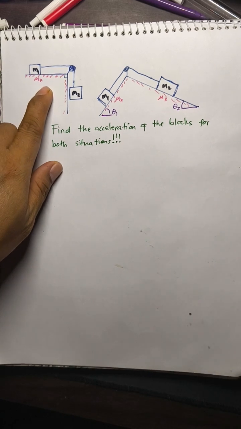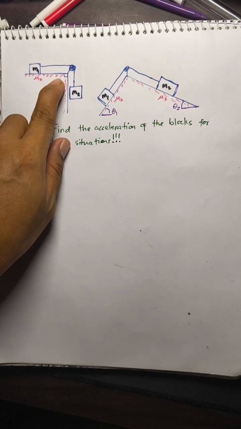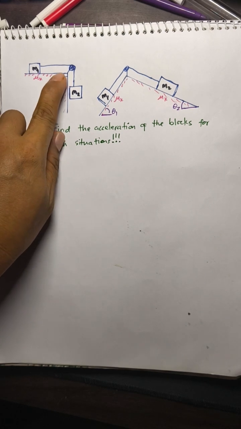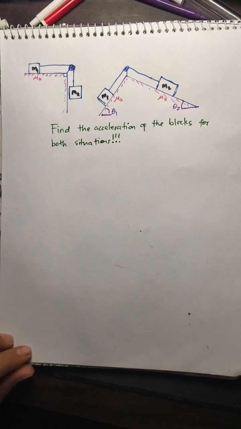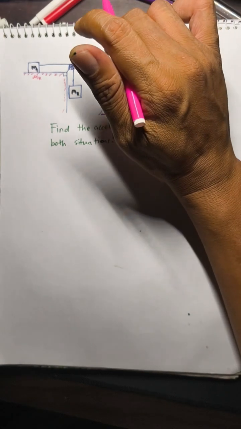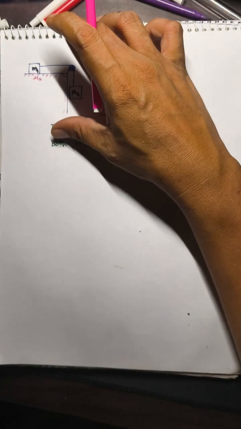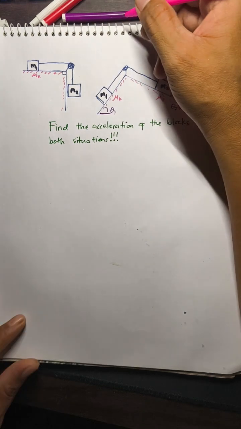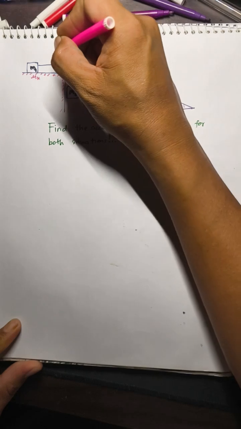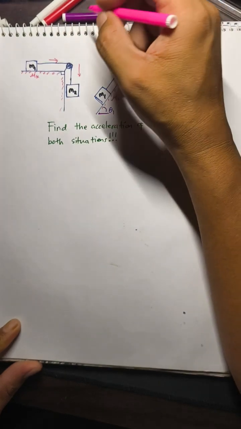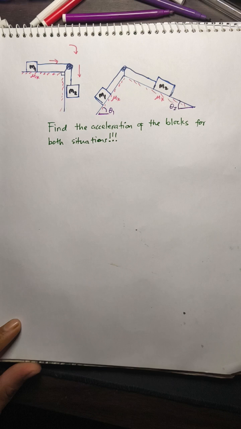This one here. So this is a 90-degree. This is a table, no? This is separated by 90 degrees. So what's the first thing to do is actually to assume acceleration. In this first case, actually, we have no other choice. We know that if this thing will accelerate, if this can pull this mass here, then the only direction that it will accelerate is clockwise. Why is it clockwise? Because this region will accelerate downward, while this region here will accelerate to the right. So this direction is actually clockwise.